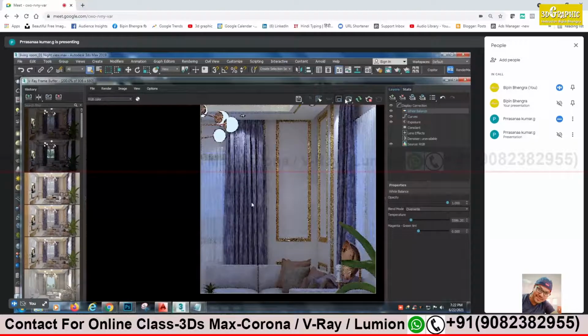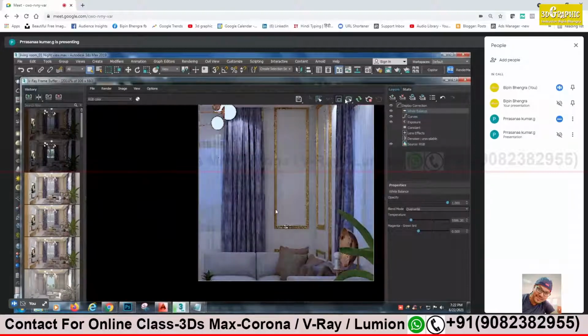I tell you one thing. It's my personal opinion. For the night view, the ice light which we are using, I want the light to strike the sofas a bit, because the sofas are looking more bluish in tint, which is coming from the environment light source. And I want the top light to fall there. Some yellow color light should be over there.